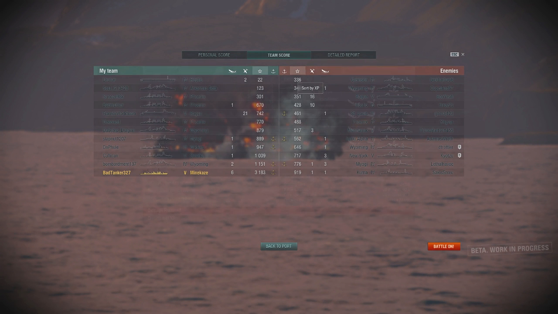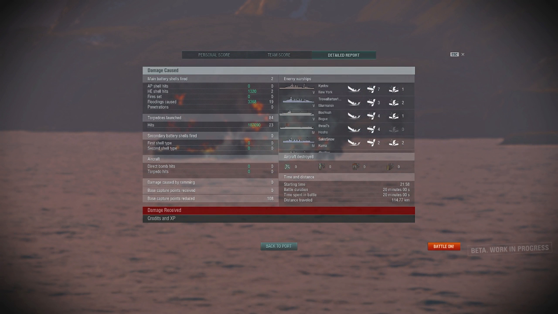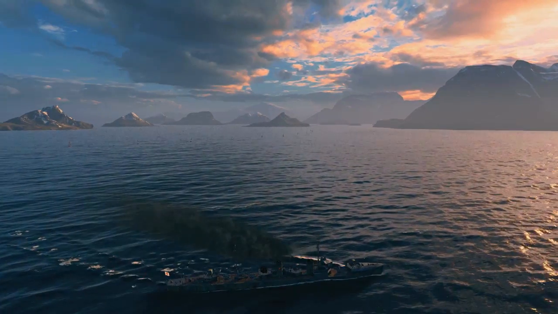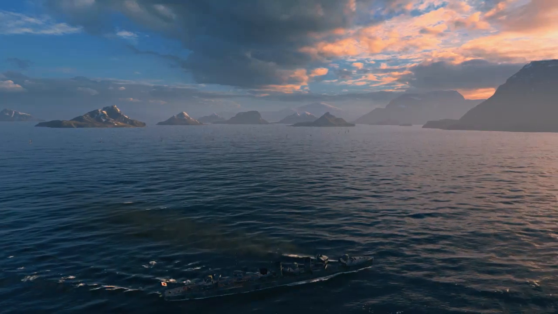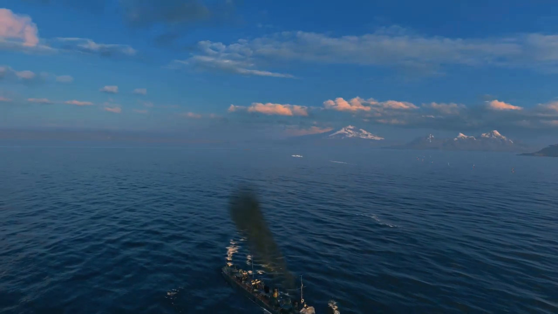So, in anything other than a Minekaze, that probably would have been difficult, but look at that, 187,000 torpedo damage. He barely had to use his guns at all in that one. And in fact, he really shouldn't have used his guns right at the end there, but it didn't matter as it turned out. So, does the Minekaze need that nerf that it's going to get? Yes, it does. I think it's still going to be pretty good, but even so,